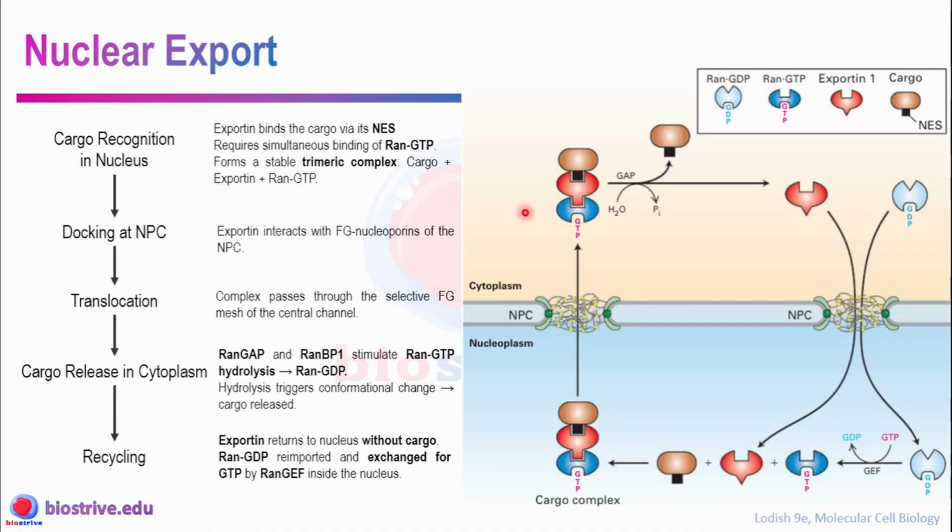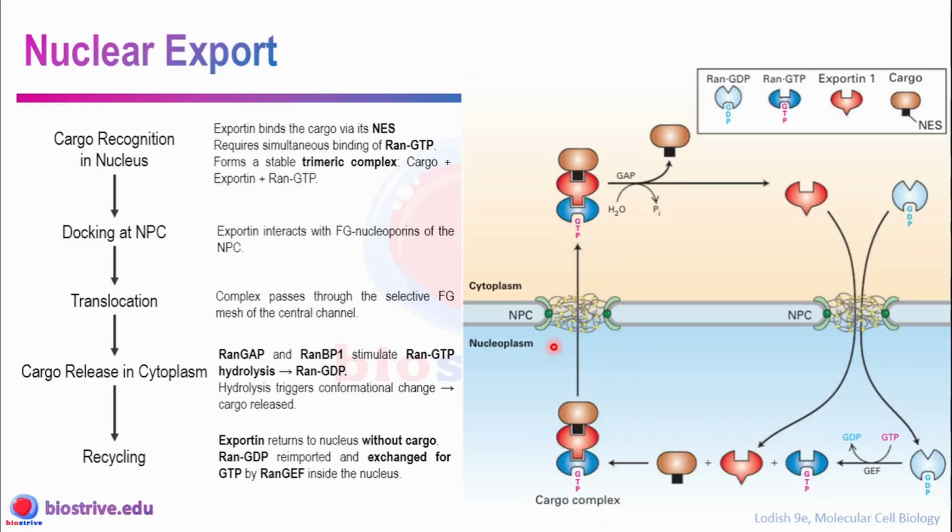The exporting protein cannot just transfer this cargo protein on its own. It needs another protein, which is RAN GTP, to transport this protein out of the nucleus. So this important protein will bind to cargo by a nuclear export sequence. Simultaneously it will bind with RAN GTP on another side. When this trimeric complex is formed, which is cargo protein, this exportin, and this RAN GTP complex, this is exported